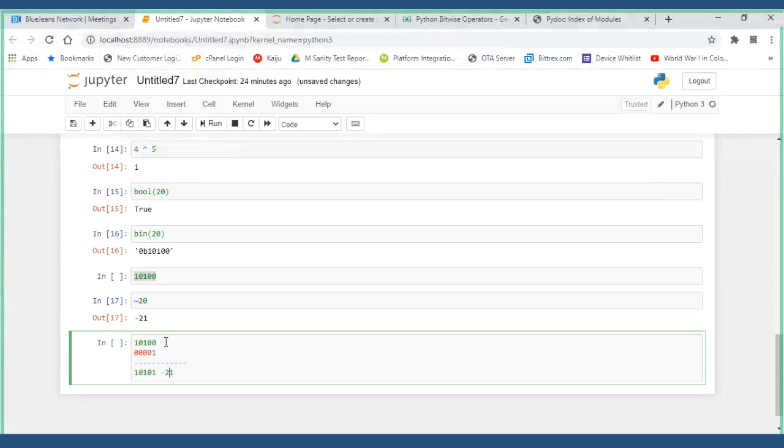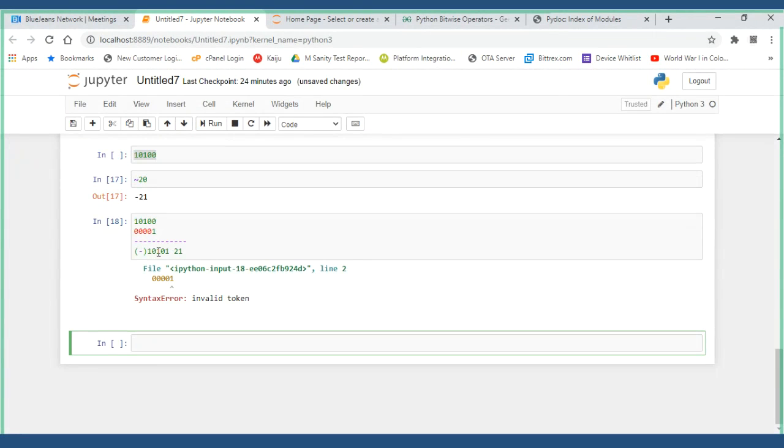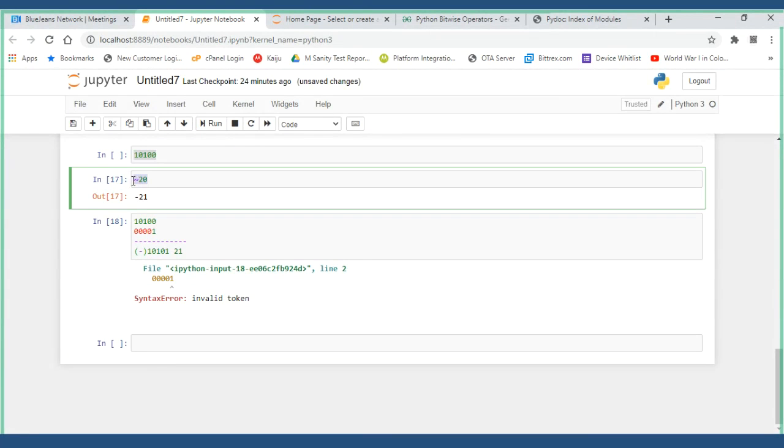For every value, the negative is assigned automatically as and when you say minus. So negation of 20 means the complement, and 1 will be added.